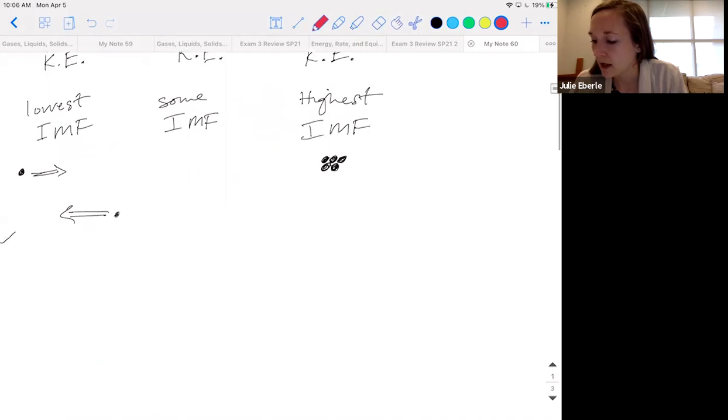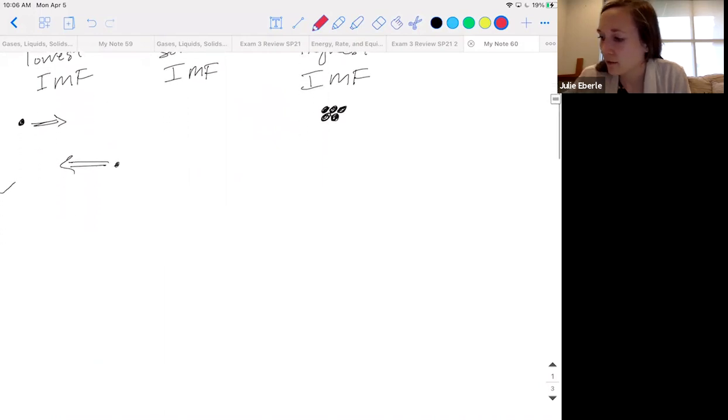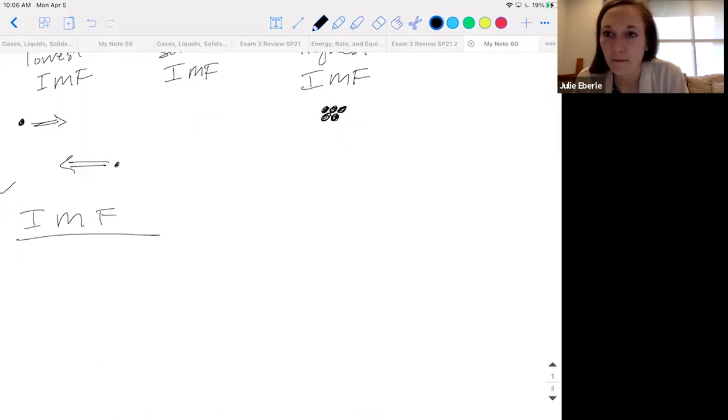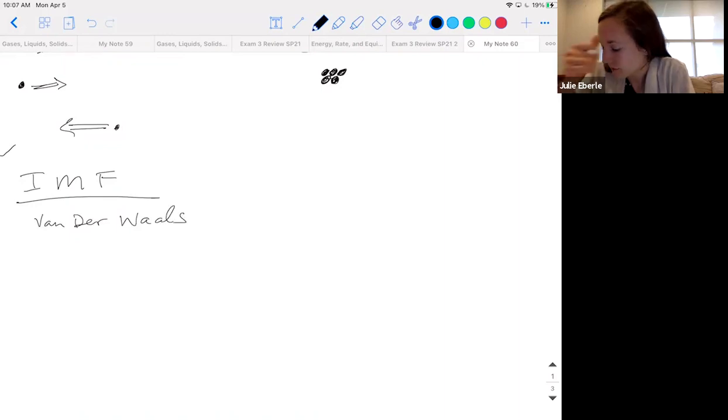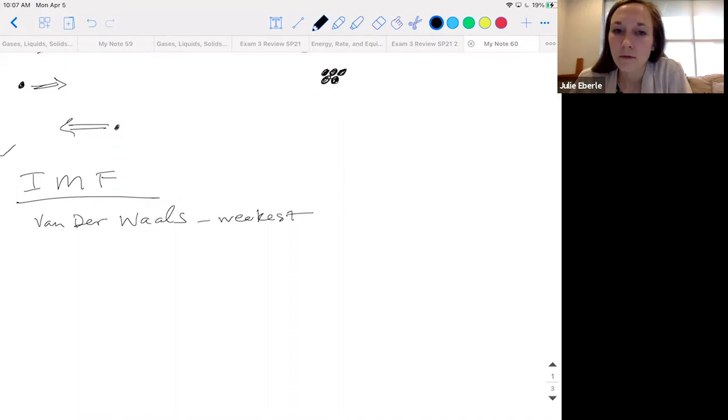Okay. The next thing we talked about were intermolecular forces in detail. So we said there were three main kinds that we talked about: van der Waals, and then we said this was the weakest kind, by the way. We said van der Waals occur in all molecules, but if a molecule is nonpolar,